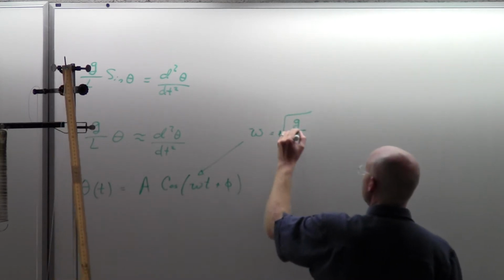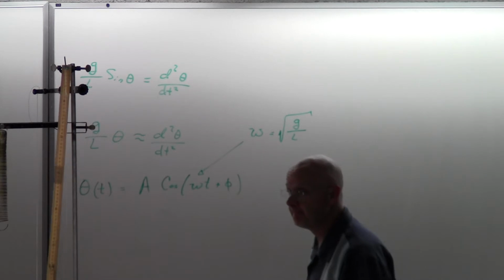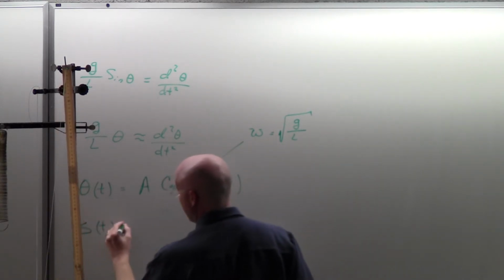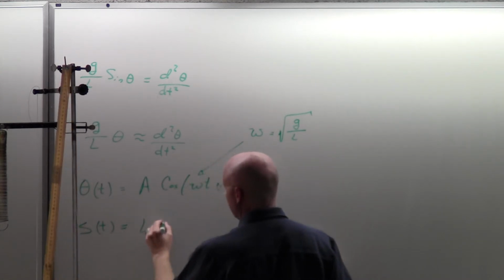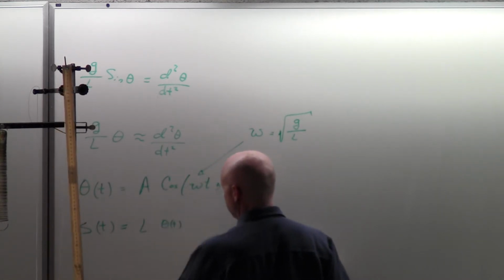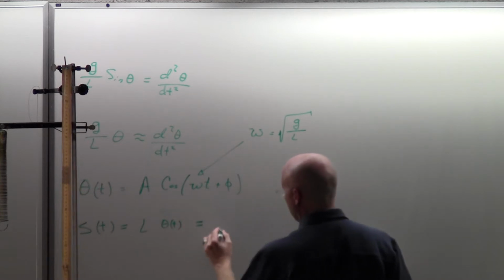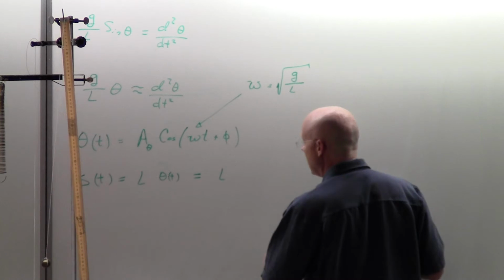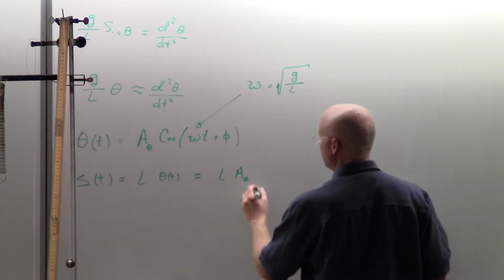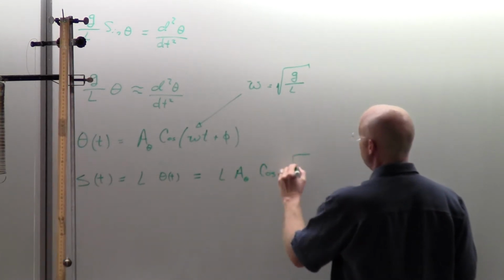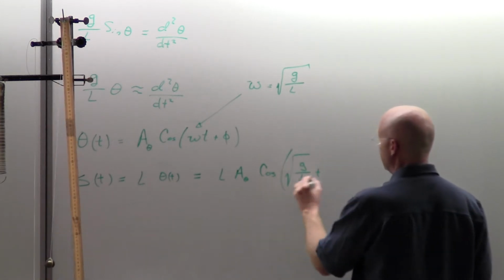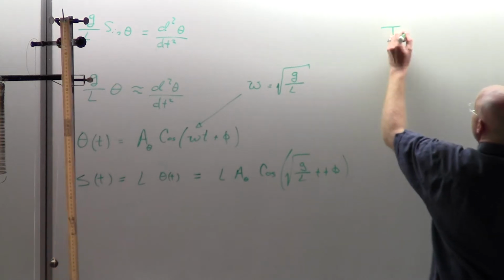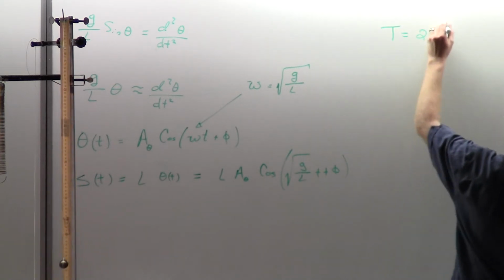Yeah, the square root of g over L. And if you were asked then to get the arc length, which would be the length of the pendulum times theta, you would have arc length, and maybe I should put a little theta here for the amplitude measured in radians, and amplitude there, and cosine, and I'll even just put in the square root of g over L t plus phi. Right? If you were asked what is the period of this, you would say it is